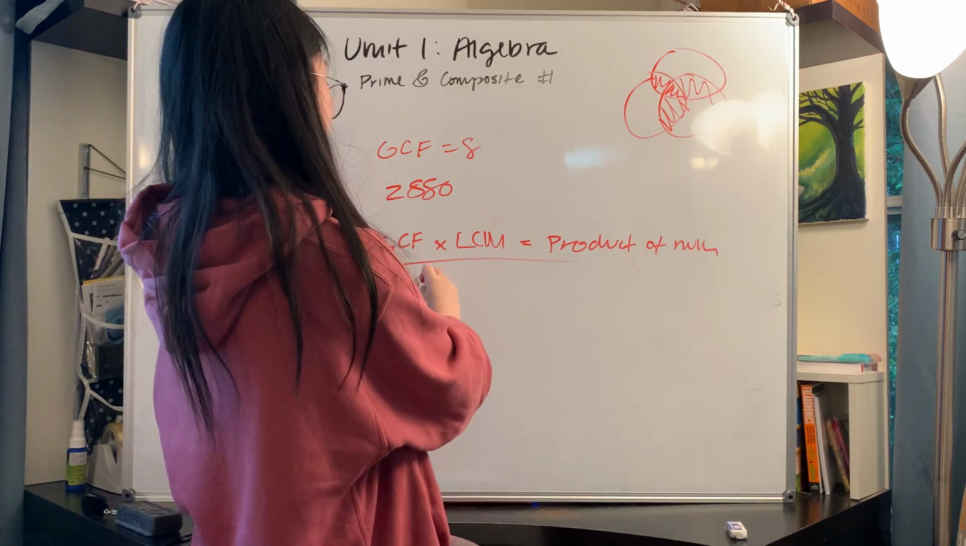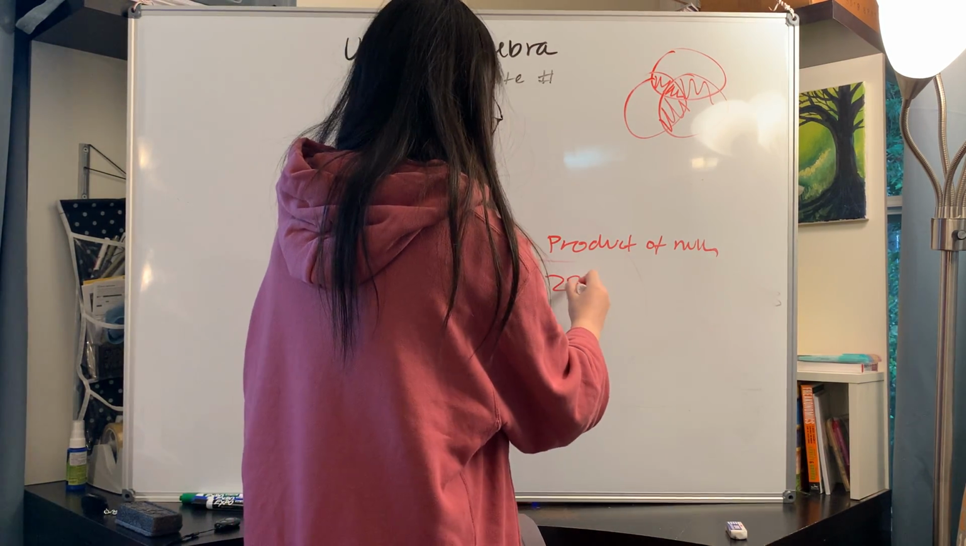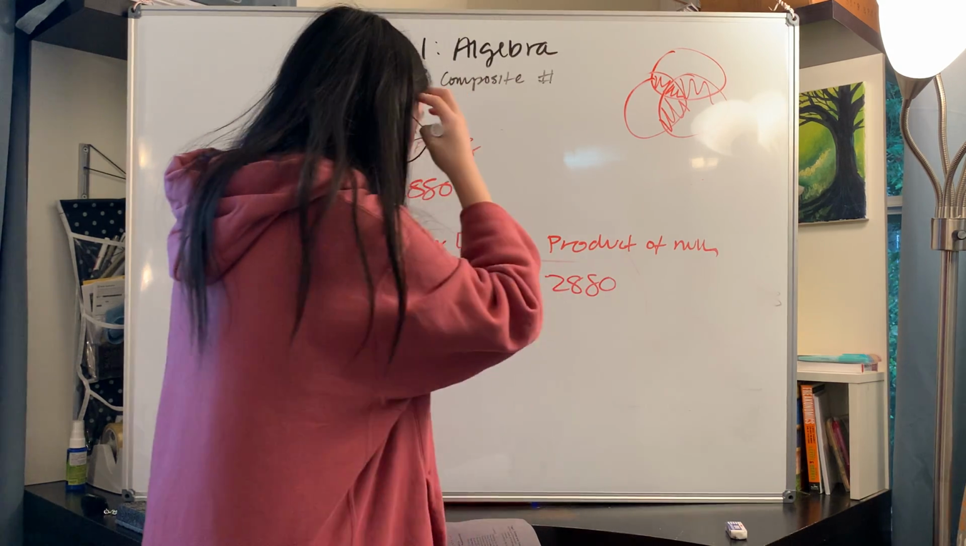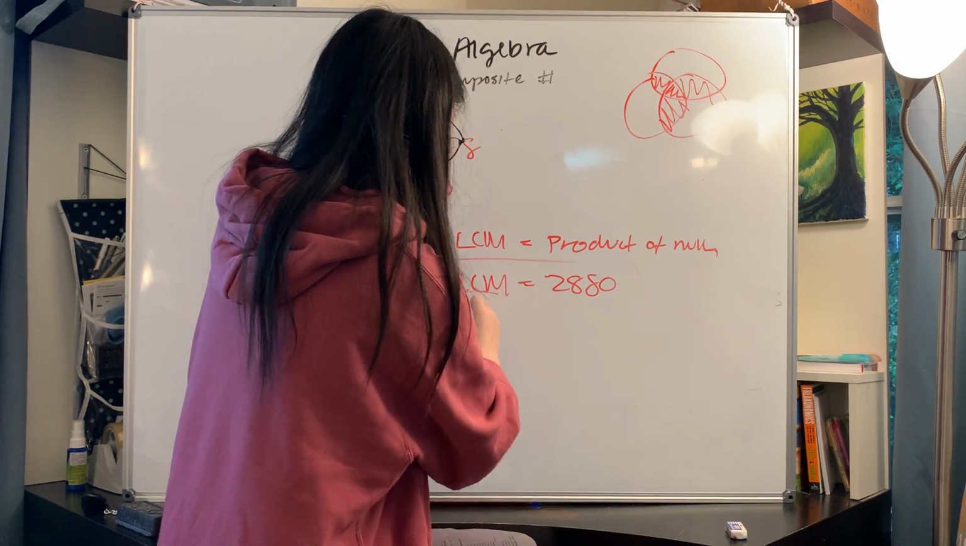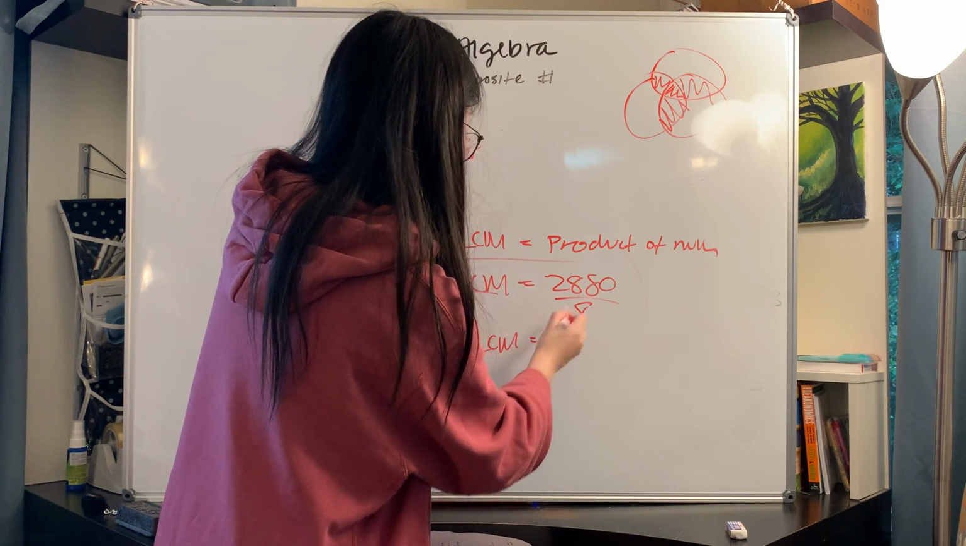So we have 8 times the least common multiple is equal to 2,880. Then we have to divide by 8 on both sides to get the least common multiple. And the least common multiple is